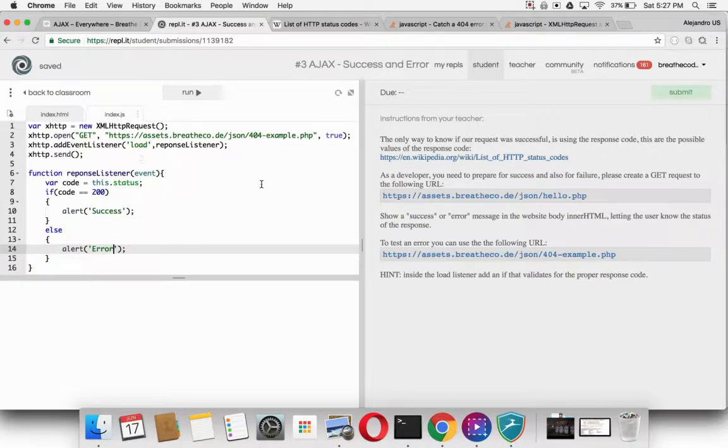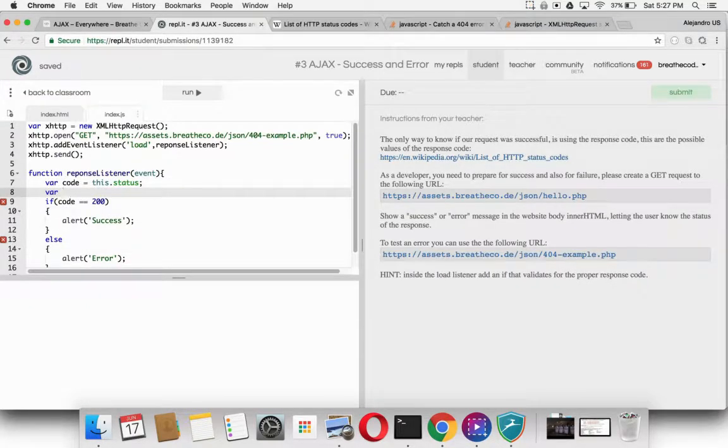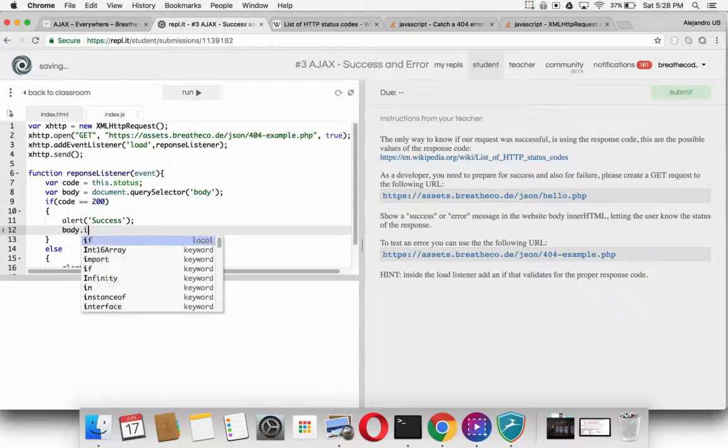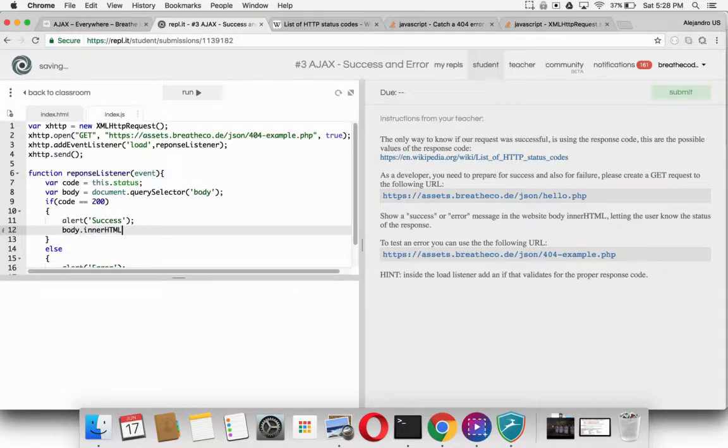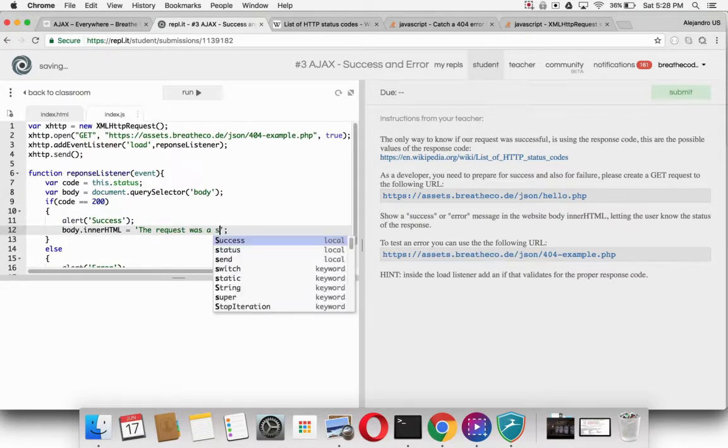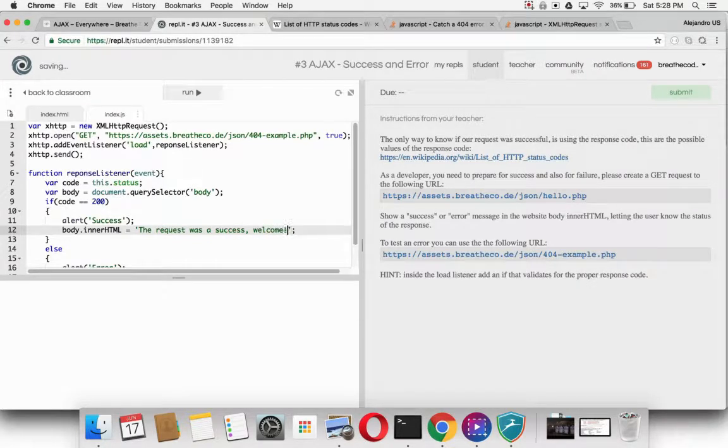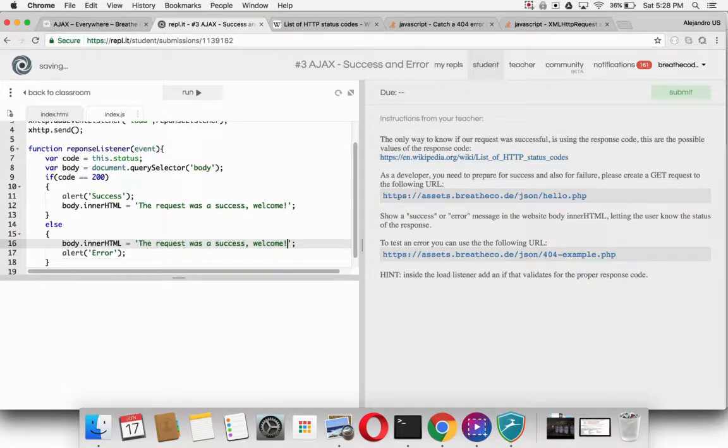Okay, it's working perfect. Now it's saying that we have to put it in the website body. So let's put it there. For that, I'm gonna request and store in a variable the body. It's equal to document.querySelector of the body tag, and then I'm gonna set the inner HTML. The request was a success. Welcome. And if not, I'm gonna say